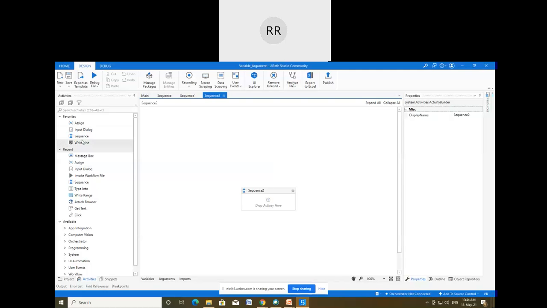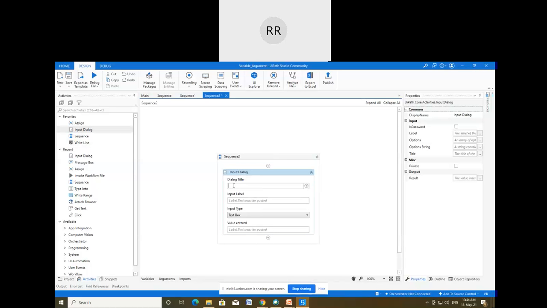So first of all, we have to take this input dialog box. Here we have to take the text that I want to display only a portion of. Here I'm going to write the dialog title as simply text, we can write anything.